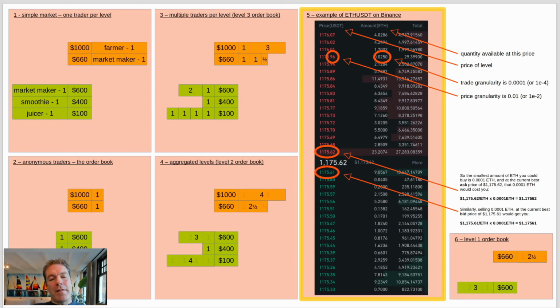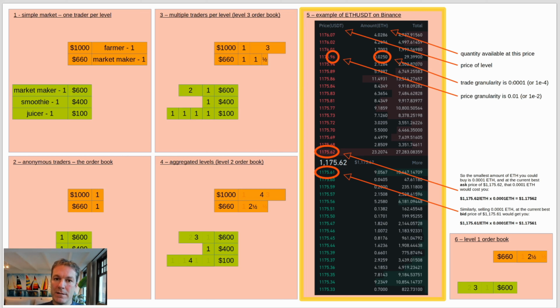And in this case, rather than trading apples, we're trading Ethereum. And here's the amount of Ethereum tokens you can be buying or selling. And you can see the trade quantity granularity here is 10 to the minus 4, or 4 decimal places. So in this market, the smallest quantity of Ethereum you can buy is 0.0001 Ethereum. That's similar to buying 1 crate of apples. In this case, you can buy